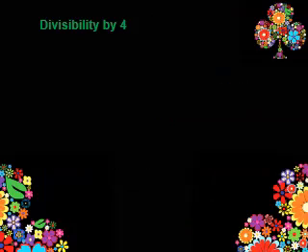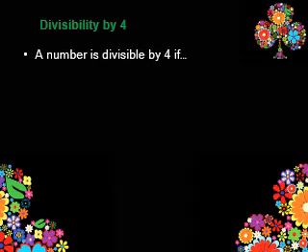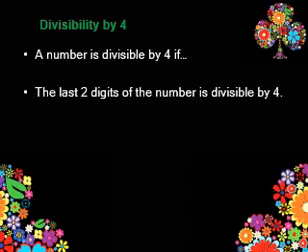And here we go for the trick of divisibility by 4. Now, divisibility by 4 is different than the divisibility by 3. In order to know that a number is divisible by 4, the last 2 digits of the number must be divisible by 4. So the ones and the tens together, you have to look at them and check if they are divisible by 4 or not. For divisibility by 2, we look at the ones. But if we want to check the divisibility by 4, we need to check the ones and the tens together. So for an example,